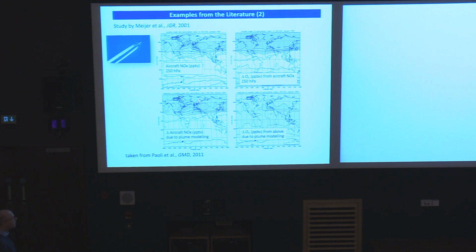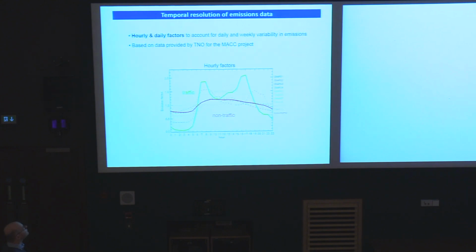Most people don't include plume processing. Usually emissions are just being plonked into the model grid box and diluted. This is the most common practice. However, if you're interested in specific small-scale features, or if you're not looking at global burdens, you should consider whether you can improve this, and whether you're making a mistake.